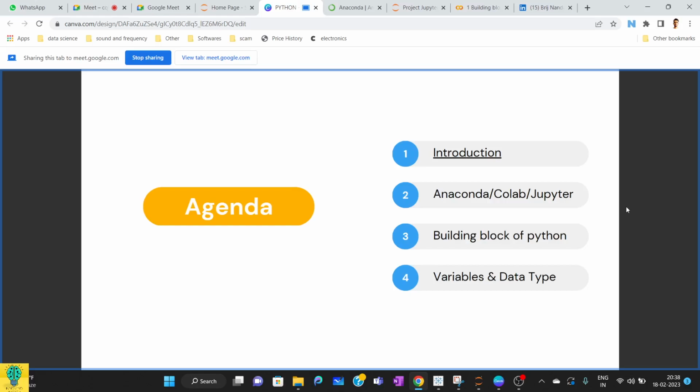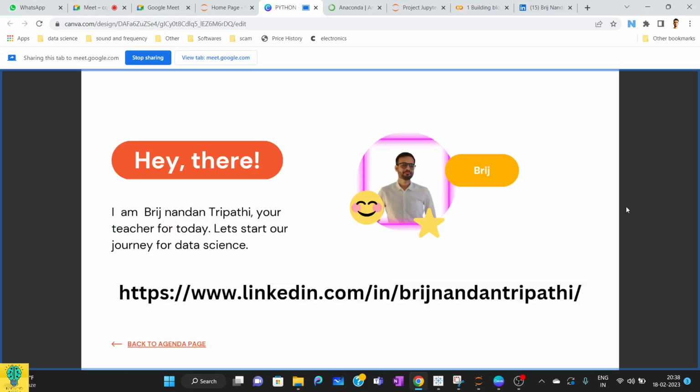Then we'll learn the third part as the building blocks of Python, then variables and data types. Then we'll go with input and output formatting, operators and control flow. The seventh one is the same as the building blocks of Python, but we'll have something extra in that. It is advanced after the first one. So the third chapter will have a little bit, but the seventh will have more advanced knowledge. Then we'll have the eighth one as functions.